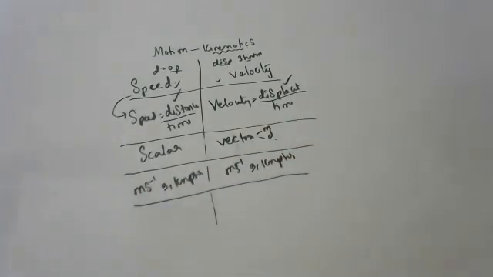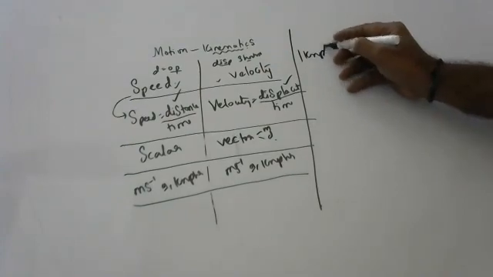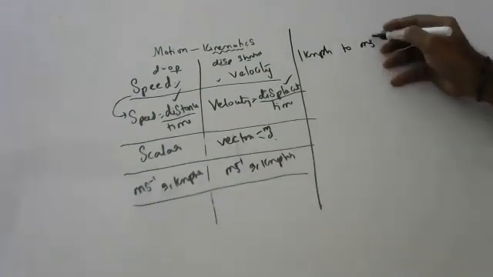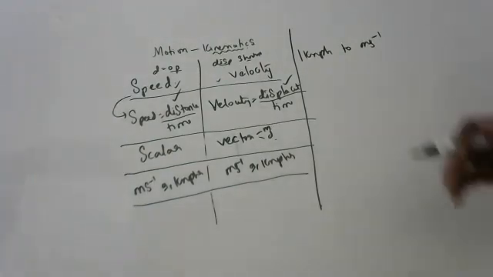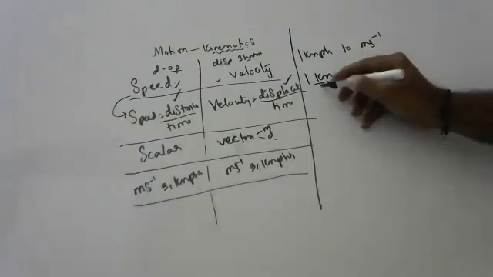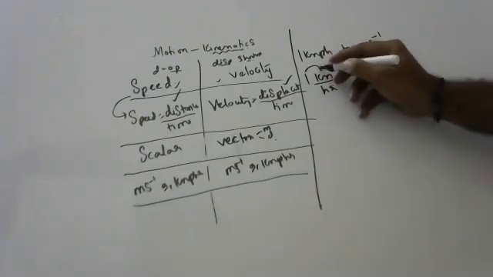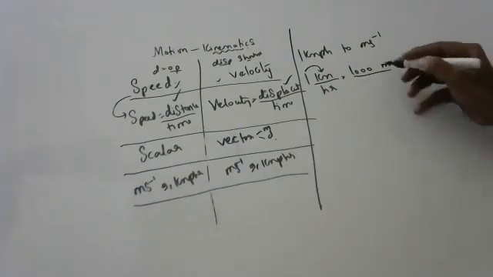Okay, children. So, when you are doing numericals, how do you convert kilometer per hour to meter per second? Can anyone say? How do you convert kmph to meter per second? Into 5 by 18. Why do you multiply by 5 by 18? 1 kilometer is how many meters? 1000 meters.